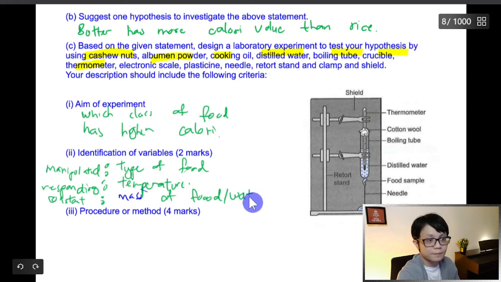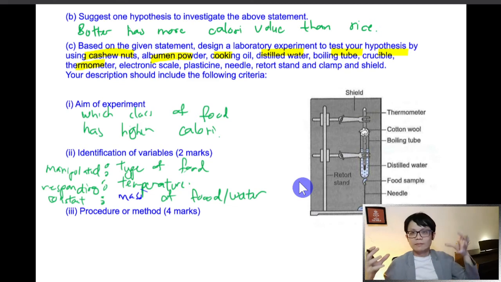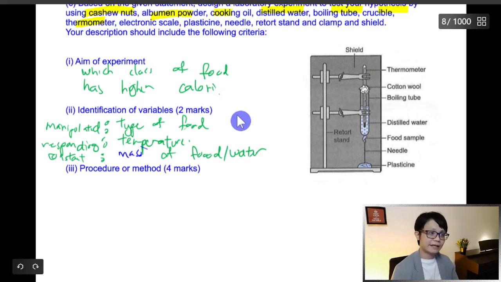For example, you don't want to take one big water, one small water, one food very big, one small, then it's not fair. The experiment is also not fair. So very easy, you can get 2 marks for the variables. Procedure,